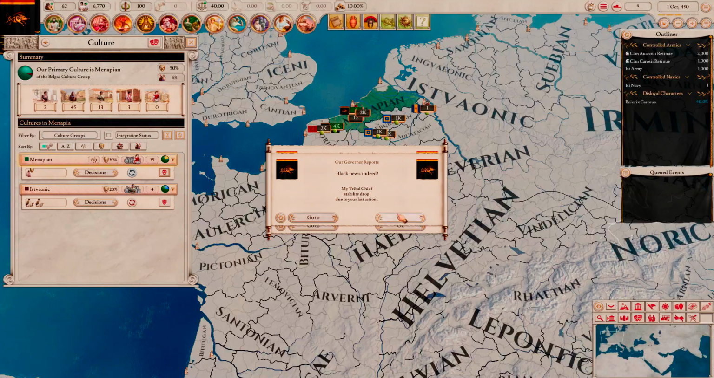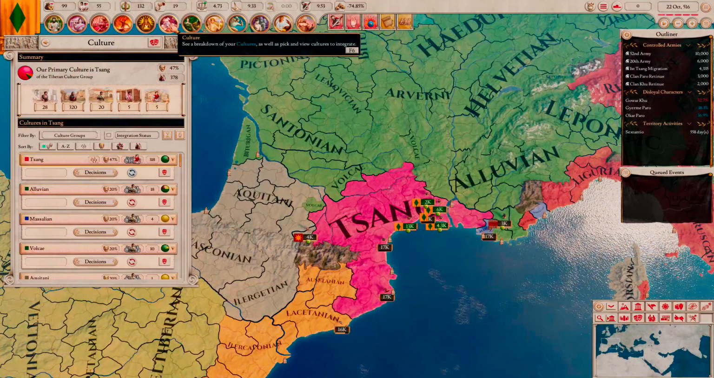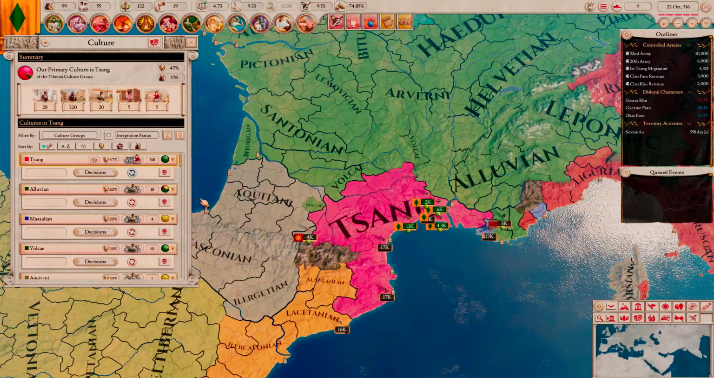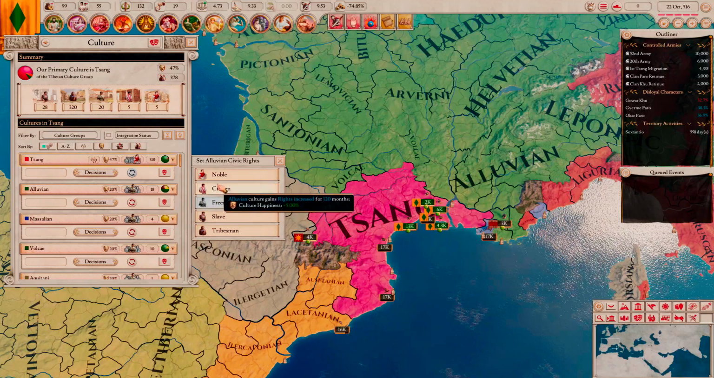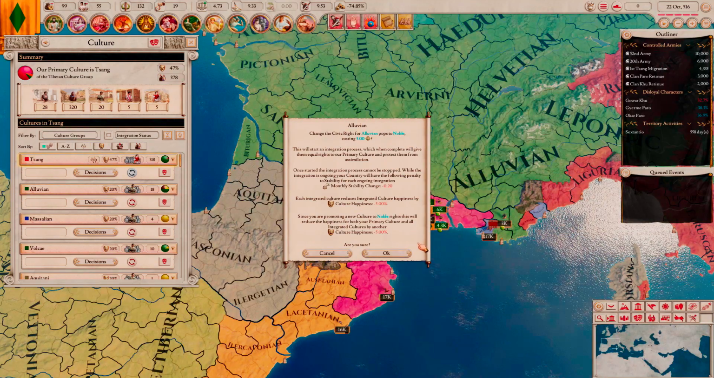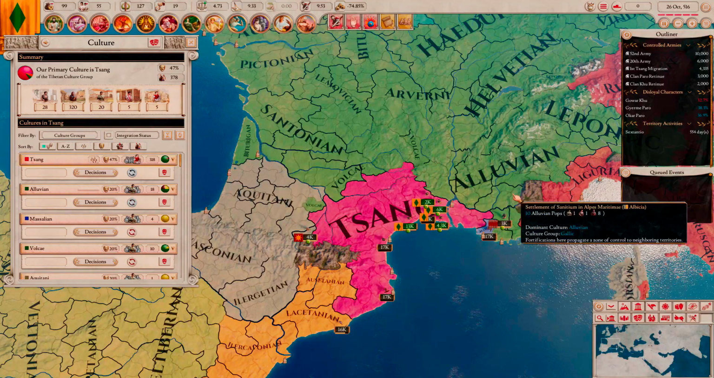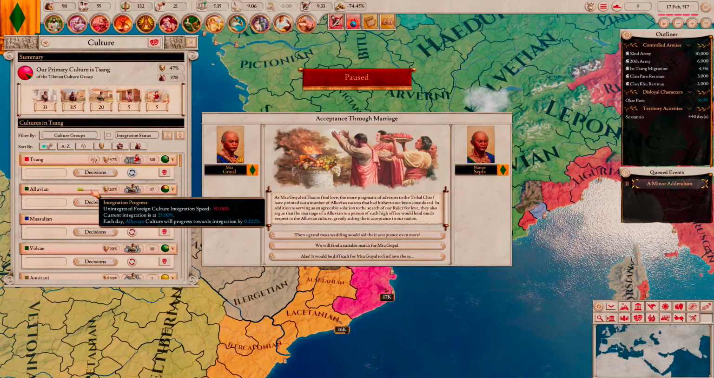But privileges are not the only cultural decision you can use to interact with your various cultures. The most important new mechanic in the Menander update is the ability to integrate foreign cultures and treat them as equals to your primary culture. Integrating another culture is possible by adjusting the civic rights of that culture to allow promotion up to the citizen or nobility class. Once you've granted this culture full civic rights, the process of integration begins,